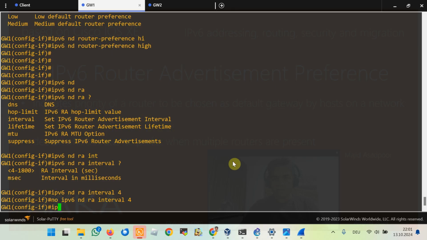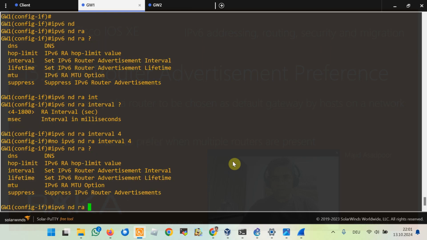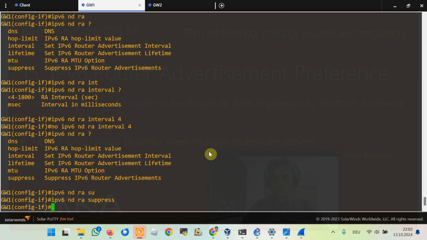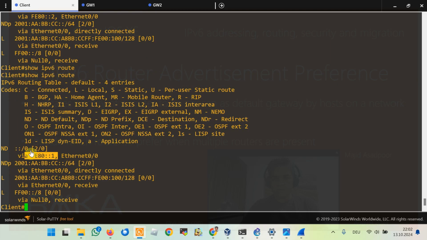With the command ipv6 nd ra suppress, you can suppress sending router advertisement messages on this interface of the router, and therefore the client will receive router advertisement messages only from the second router. It is a simulation of failing the first router, and you have to see the result of gateway redundancy which exists natively in the IPv6 protocol. It is a small version of VRRP or HSRP. We will suppress router advertisement messages in this router, and then we will see again through show ipv6 route,